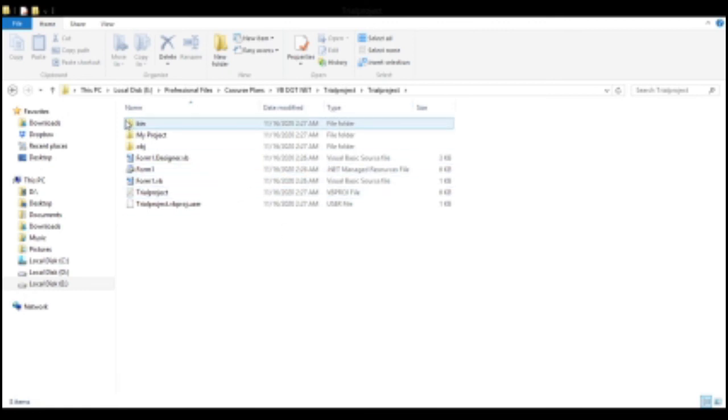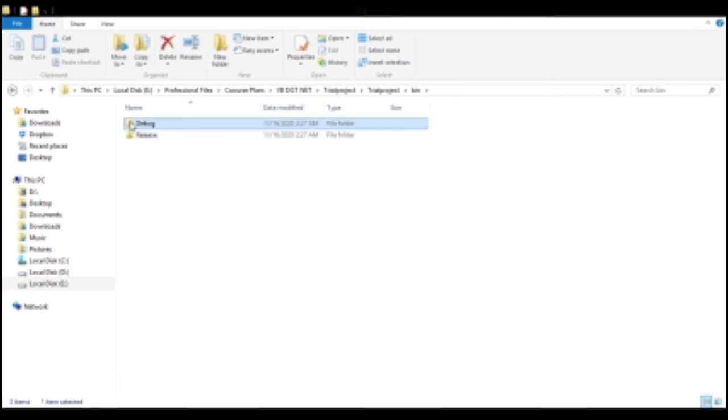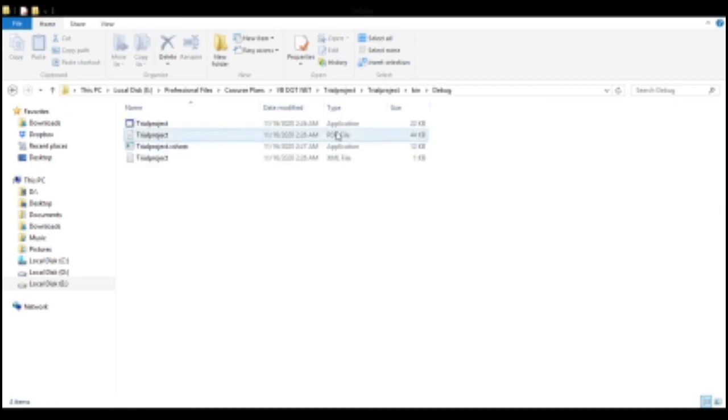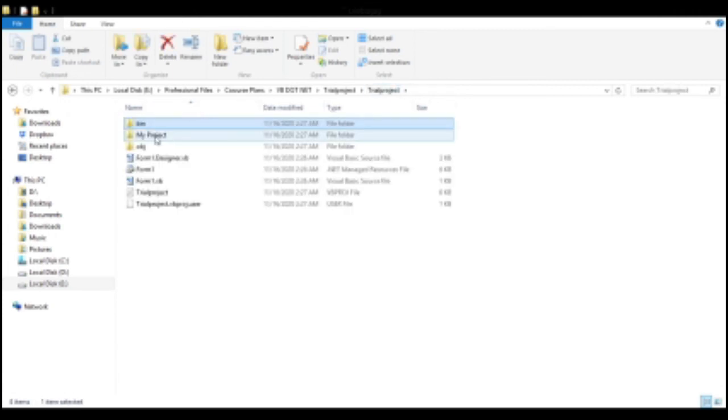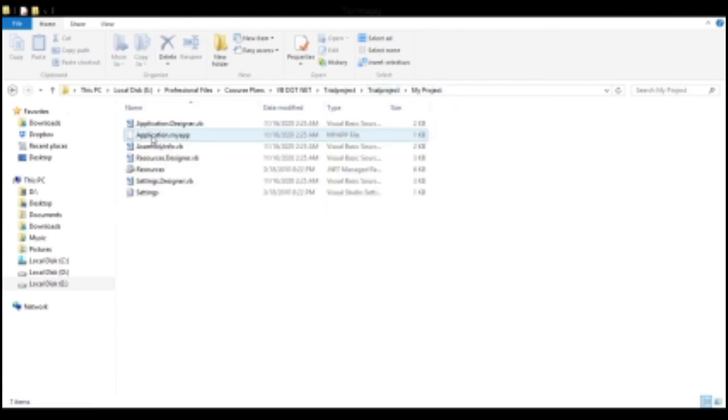We have bin folder, under that we have debug folder, we have some application and PDB files and also XML files, and we have my project file.